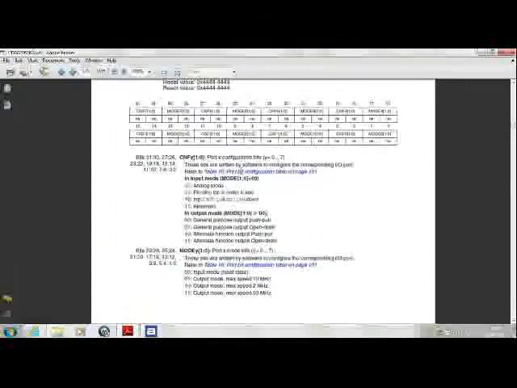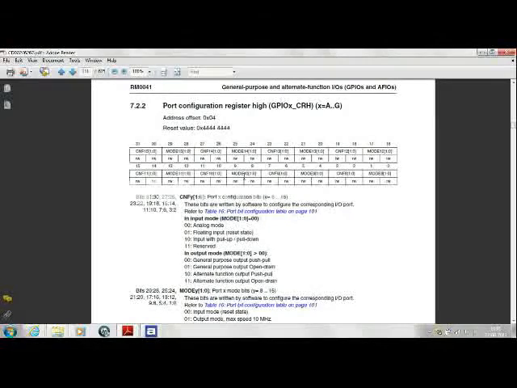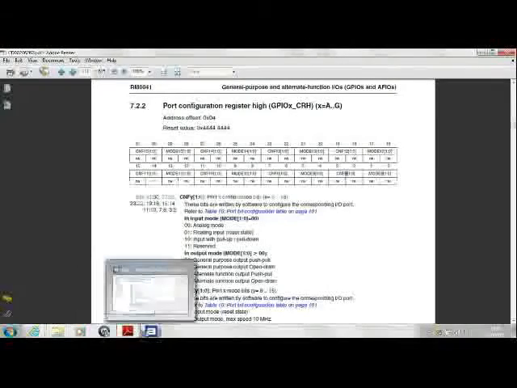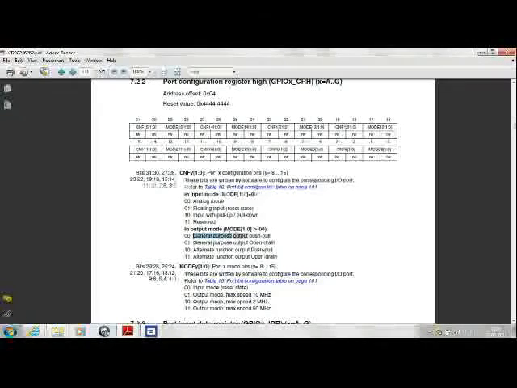Now we'll come to the register. For bits 8 to 15, that is MODE8, CNF8, we have to use the GPIO-X CRH register, that is the high register, and we want to select the general purpose push-pull and clock the output to 2 megahertz.